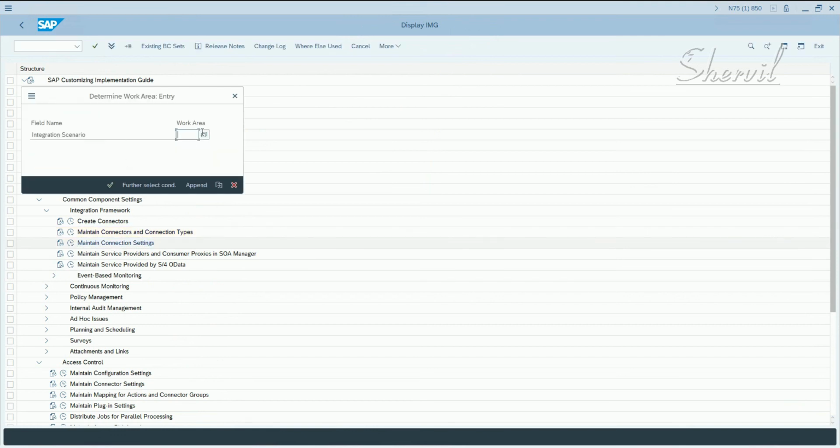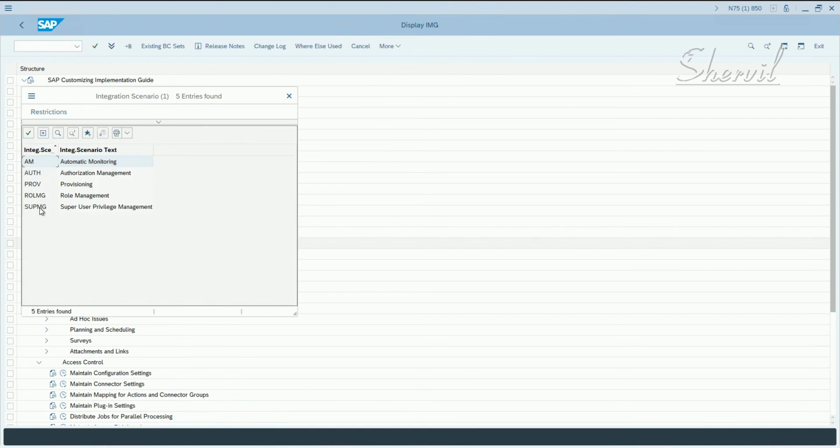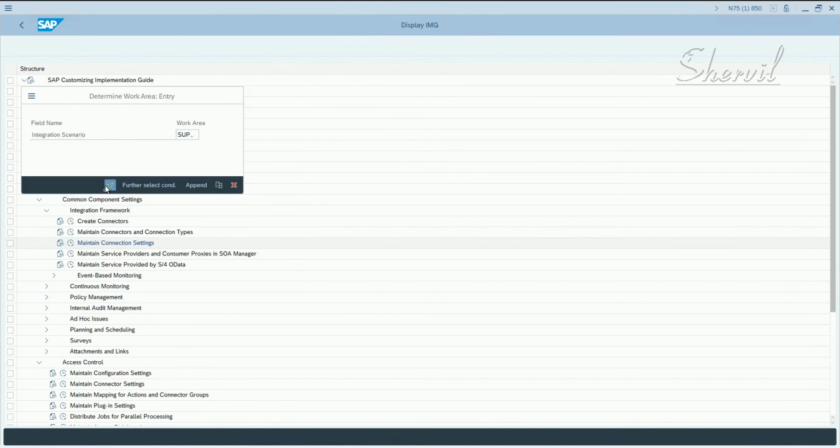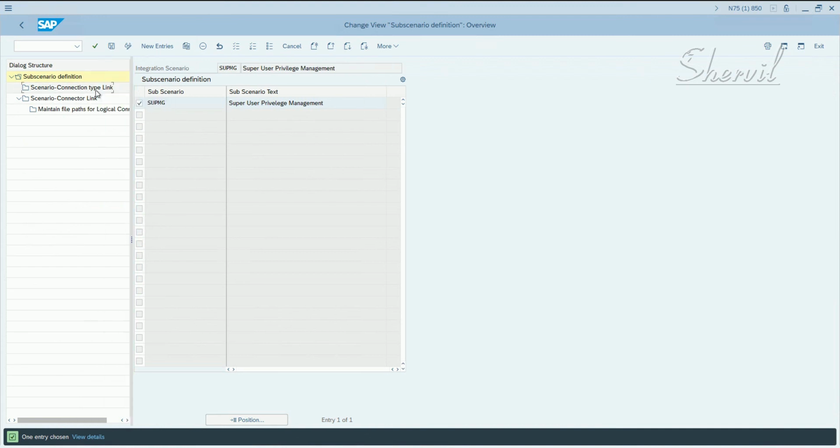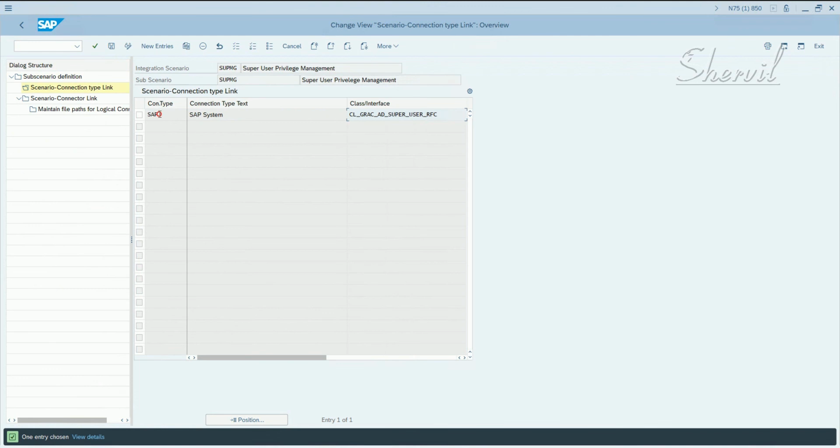For EAM, the integration scenario is SUPMG, Super User Privilege Management. So you need to pick that. We're going to do this anyway. Let's check. We already did this. Select SUPMG and then click on scenario. Then click new entries and pick up SAP.